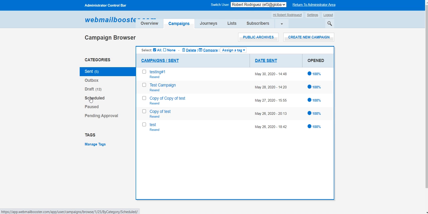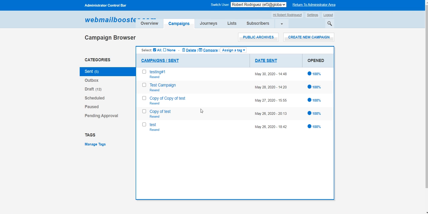So in this menu, you're going to see the scheduled campaigns. If you schedule your campaigns to be sent at a time frame, you're going to see them here, and pending approval just in case you need to get the approval to send any campaign. And finally, let's suppose you don't want to build again from scratch your campaign that you just did for another list. So you need to go to campaigns,